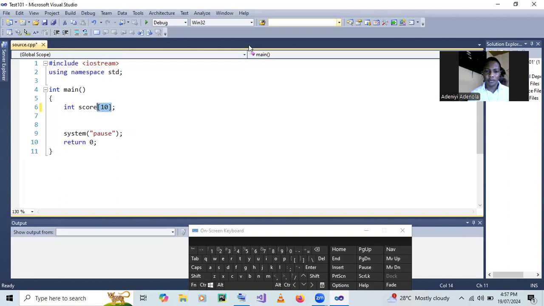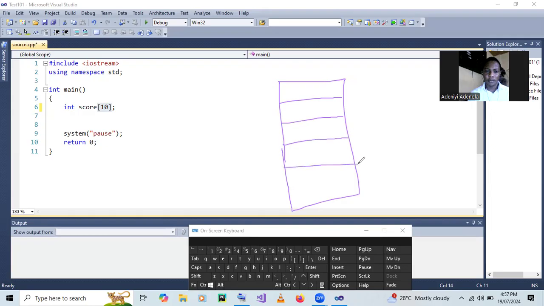It's just like in our everyday life, if we create a drawer, then with this I've created an array of a lot of spaces. You can have the first drawer, second drawer, third drawer, and a lot of drawers like that. Now, how do you access the first drawer? You have to specify the name of the array,